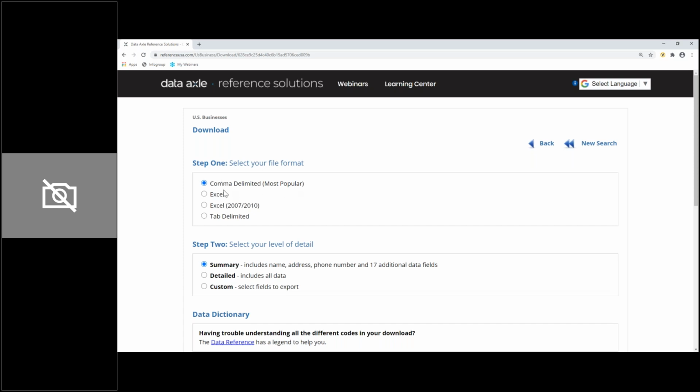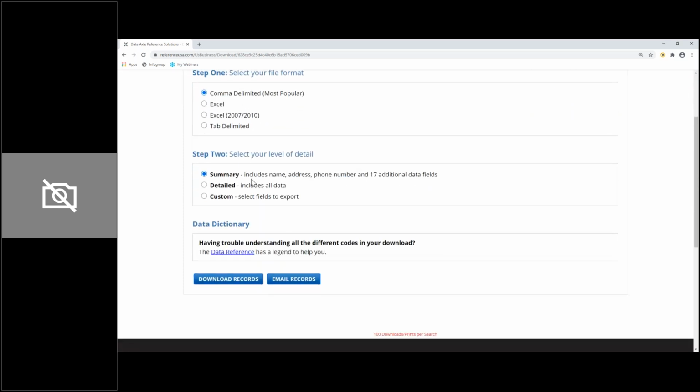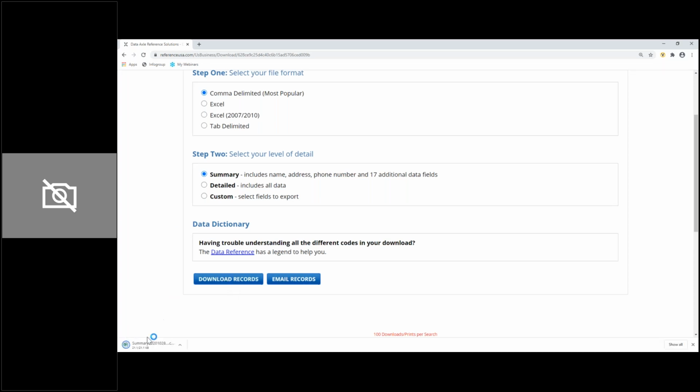Comma delimited is definitely what you want to leave it in if you're going to make mailing labels. Otherwise, you can certainly drop it into Excel. Summary is what most people use. Some people will use custom as well because they only want certain pieces of information output. Detailed would include the entire record, which might be a bit of overkill. So with summary, this is the information you're going to get. Certainly the name of the business, their address information,